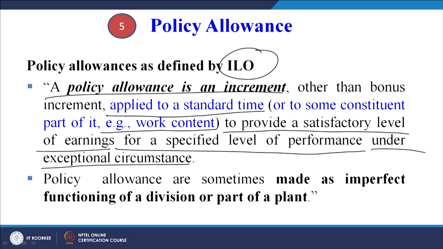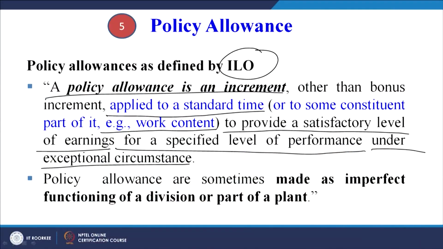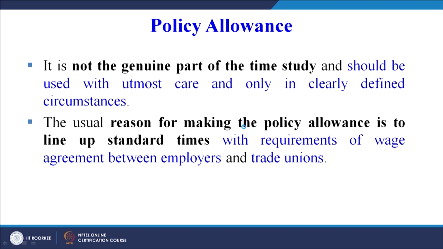So this will ensure that satisfactory earnings are being made by a worker for performing at a satisfactory level of performance. That is basically a policy allowance, which is normally decided between the workers as well as the administration. Policy allowances are sometimes made for imperfect functioning of a division or a part of the plant. It is not a genuine part of the time study and should be used with utmost care and only in